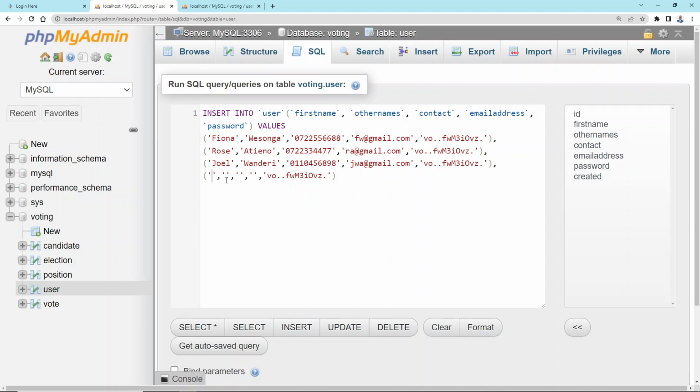1, 2, 3. So this is the fourth one. Maybe this one is zero 7. And the last person, comma, space, Control V to paste. Remember I had copied that. Then here we can just have